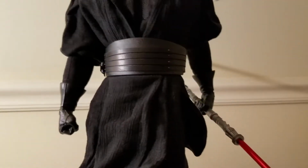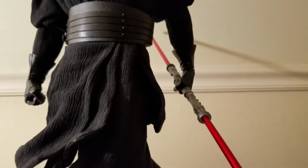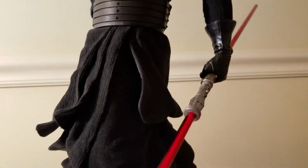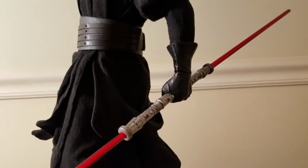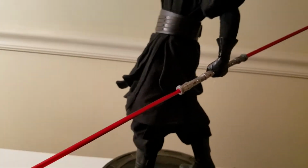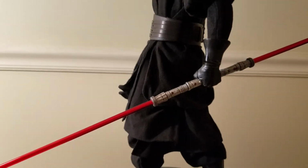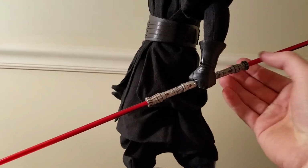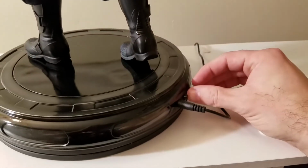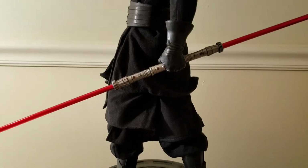The exclusive came with an alternate switch out lightsaber that was severed in half, that enabled you, I guess, only really, if you think about it, to display it better in smaller spaces. I, for one, will be displaying him like this, so the exclusive in this case is a moot point. But if you only have the standard edition, you can remove this lightsaber and the light up function works just as well. As I will show you here, I have this plugged in. It comes with an adapter, button pushed, and